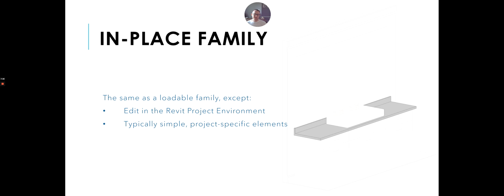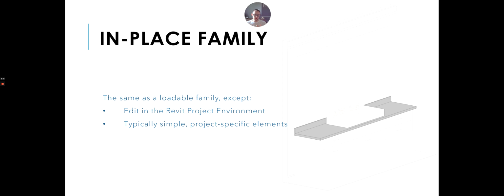So these are very specific families. It's stuff that you want to create only once for this one very specific instance in this project that you're working on. So if I'm working in a house and I have a really weird shaped countertop I want to create, I'm going to probably do it as an in-place family, because it might be hard to find a family that I load in and that will fit. Maybe I have a round wall and I need a rounded countertop that follows that curve. It's going to be hard to find a countertop family that's going to fit in that spot. So in that case, I would probably do an in-place family.